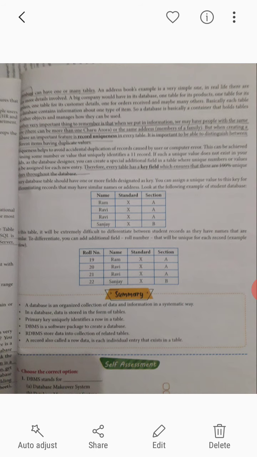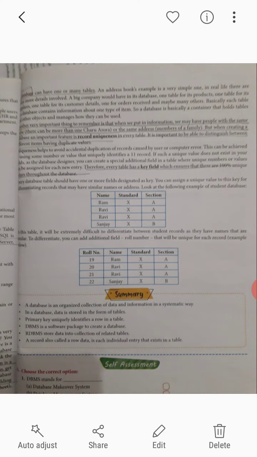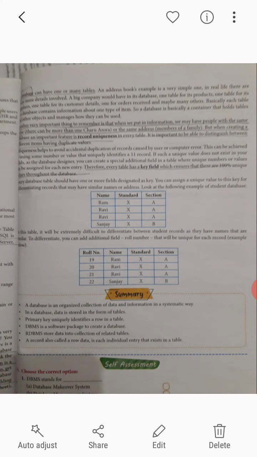It is important to be able to differentiate between different items that have duplicate values. Uniqueness helps to avoid accidental duplicates of records caused by a user or a computer error. By having a unique value associated with each record, an individual record can be selected, updated or deleted.